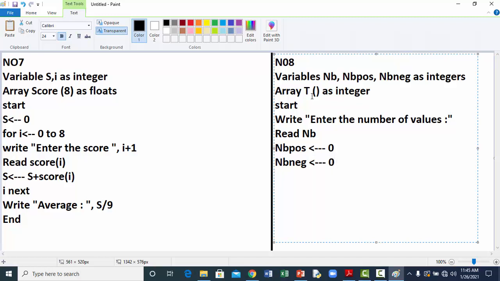Now we start our loop for I that will start from 0 to